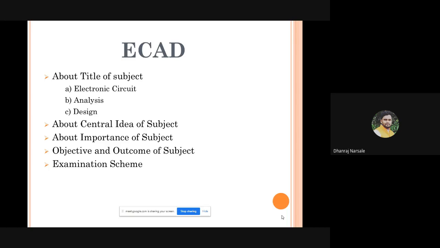ICA means term work, so 25 marks are there for ECAD for the term work. In that 25 marks, your overall attendance is considered, your assignment writing, then lab book writing, write-up, then your oral at the time of practical, at the time of checking, then your overall performance. Okay, then your unit test marks and triple P marks, all of these will be considered at the time of giving marks for the internal continuous assessment, meaning the term work. Okay, so this is about the